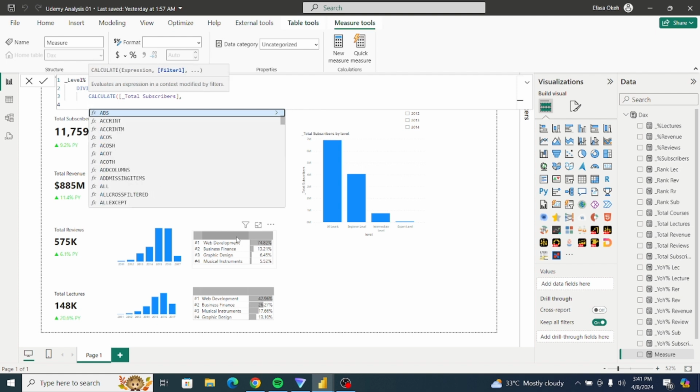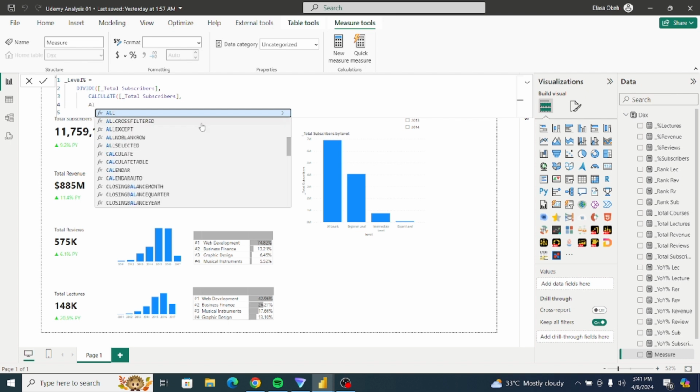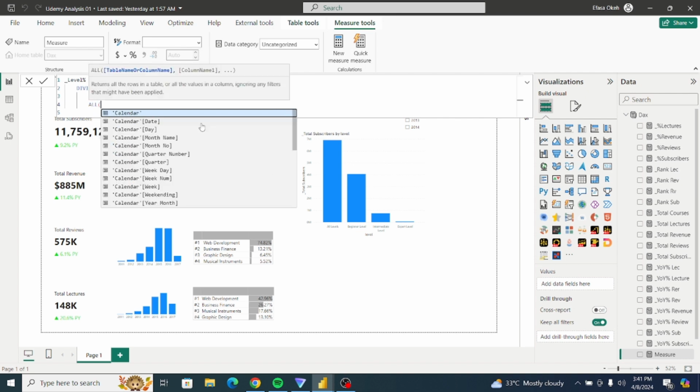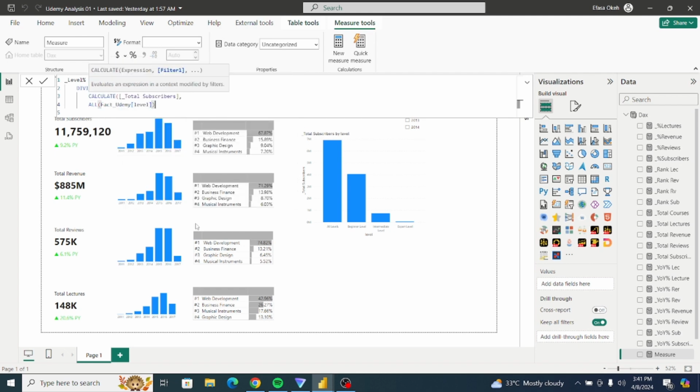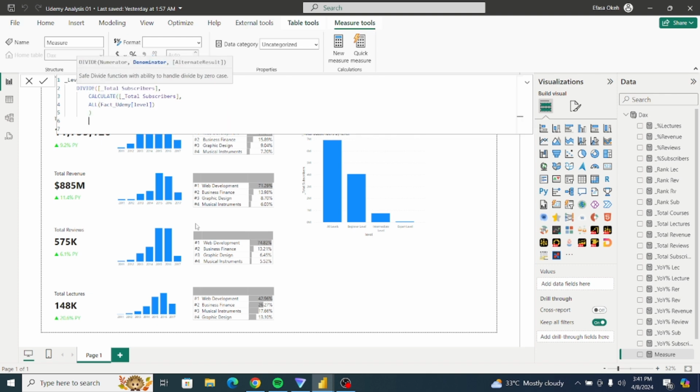Remember, the next thing we need to do is say ALL. We're doing this by the course level, so we need to look for the level column on the fact table, and filter. Close this here. Finally, this is just the level total subscribers. So we're going to get the percentage of subscribers for each level. Once we commit this now,